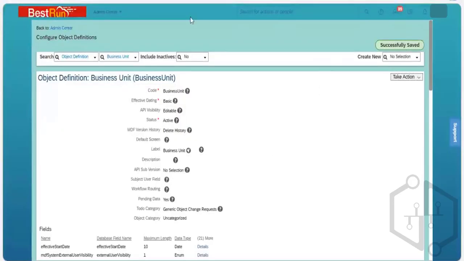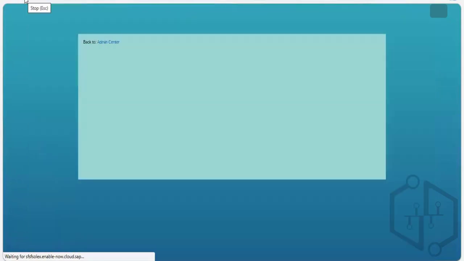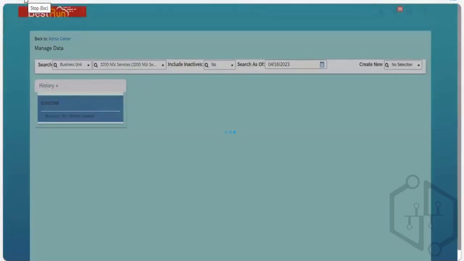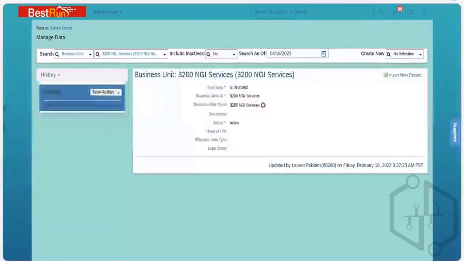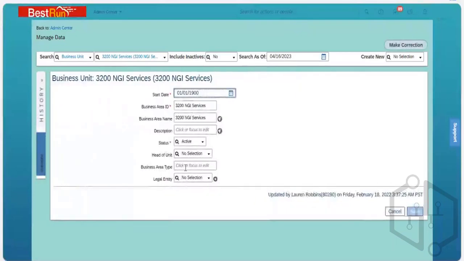Okay, now after saving it, I will just refresh it. Let me check. Business area type, it is showing here. Can you see here? Business area type. Yes. Okay, now this business area type, either you can give something as a manual value, that is also